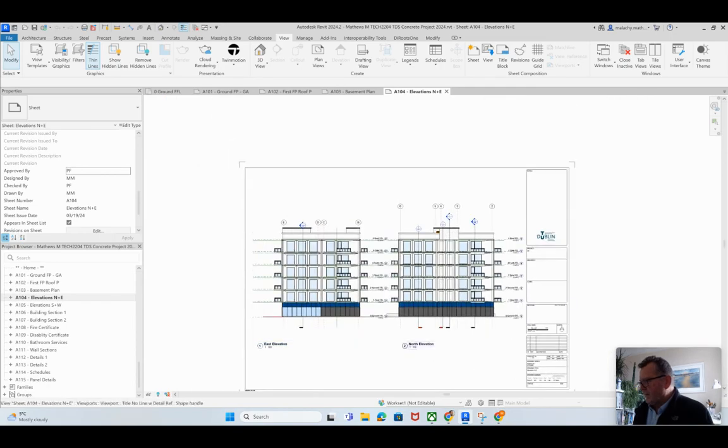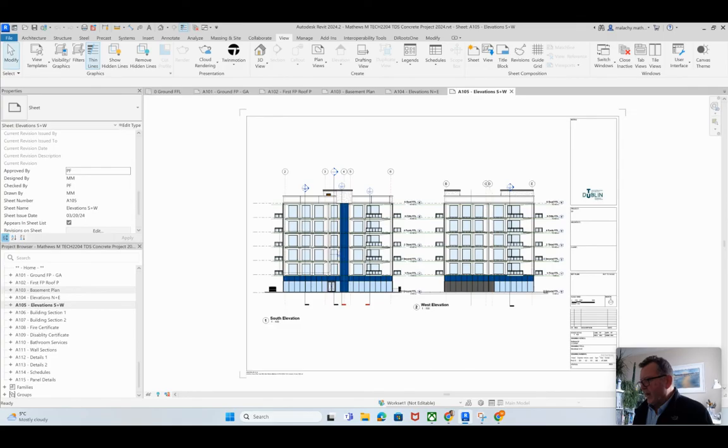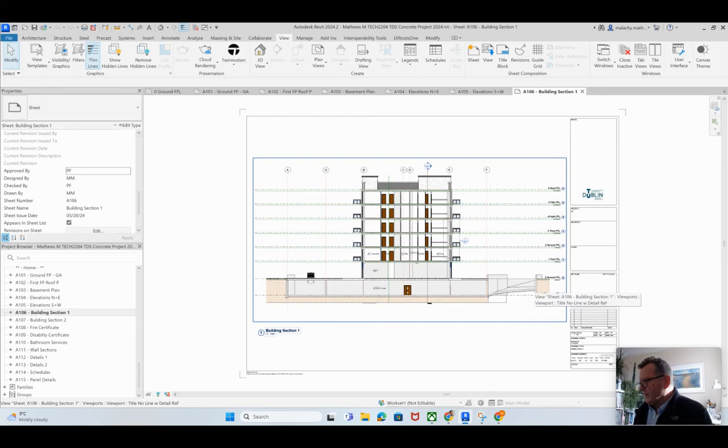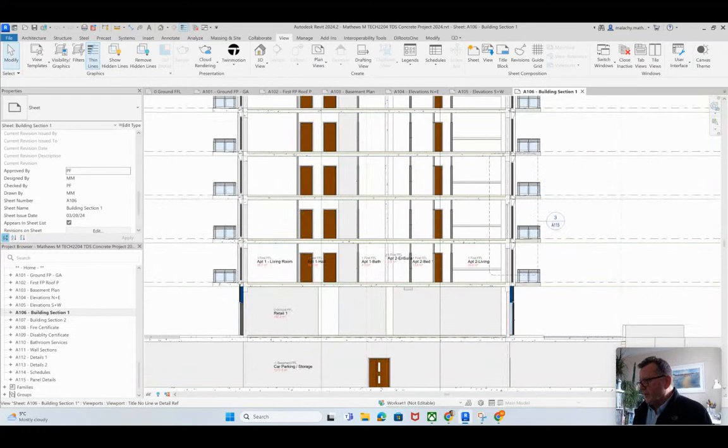Okay, so I got the east and north there, title block filled out here. Here's my south and west. Okay, and there and there, and title block filled out. Here's my building section 1, scale 1:100 again, and I'm going right through the basement and through a portion of the ramp up, and I'm taking it through